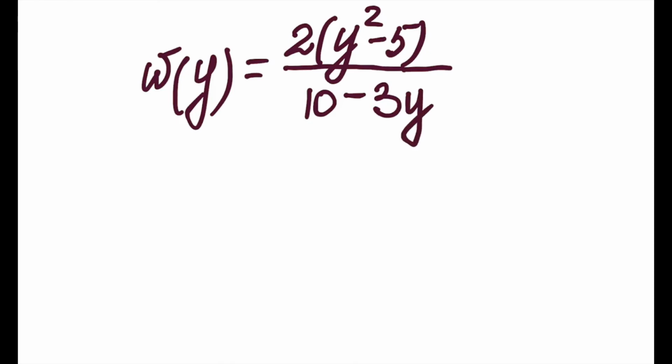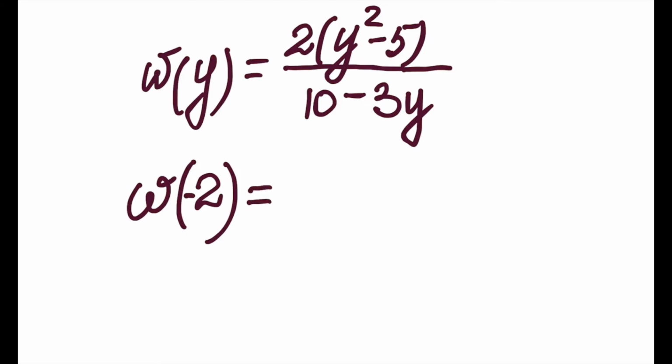And I want you to evaluate this function w at, well, let's say 2. Let's make it harder and make it a negative 2. So we will have 2. Inside the parentheses, I have y squared. So technically, I'm going to say negative 2